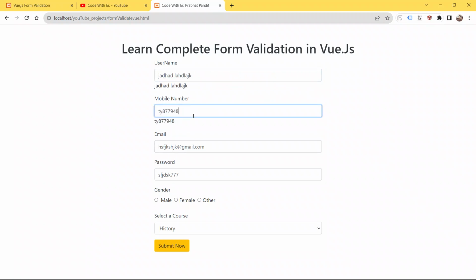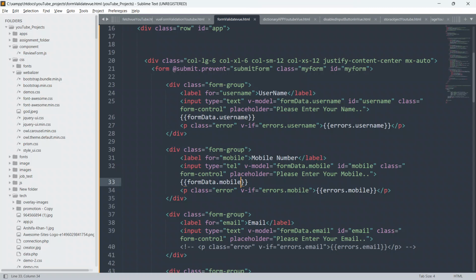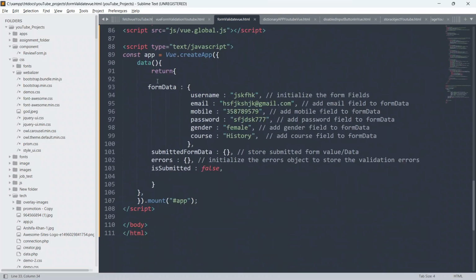What I want to depict by using this is that whatever data you enter inside this input field is going to update this form data object at the same time, simultaneously.